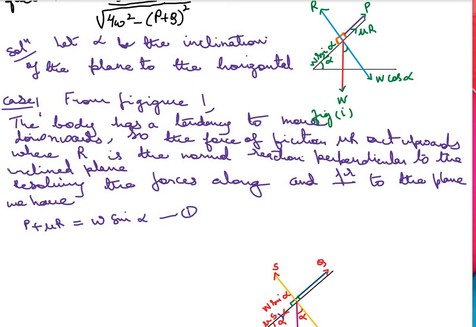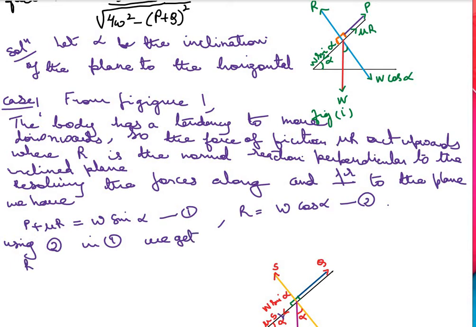And what about perpendicular to the plane? It is R and W cos alpha, but they are in opposite directions. So we have R is equal to W cos alpha, equation 2. Now, using equation 2 in 1, we get